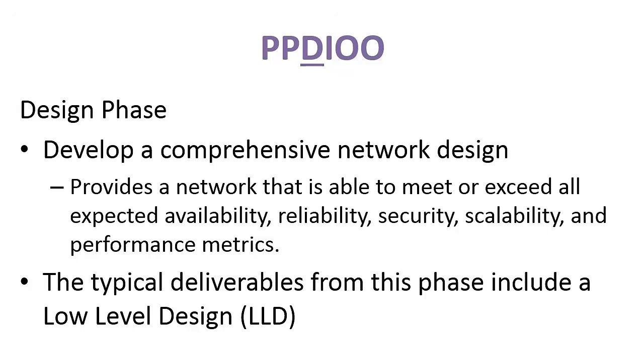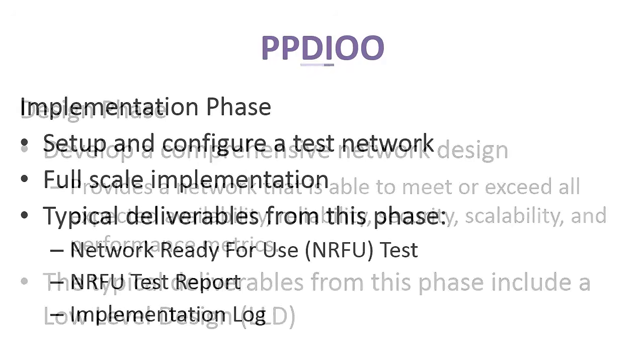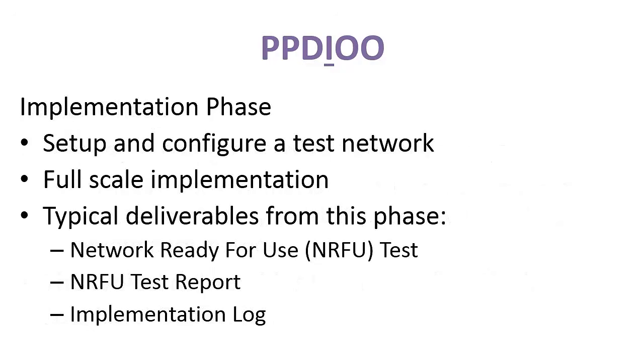Now, the implementation phase is where the engineer really rolls his sleeves up. And it's important to note, though, the implementation phase isn't as simple as just putting equipment on the network. Generally, it's good to configure a test lab to simulate the different parts or additions of the network design proposed. Now, doing this, it will allow the implementers the ability to discover any potential problems, and if found, they can be addressed. But once everything's been worked out in a test lab, then a full-scale implementation can